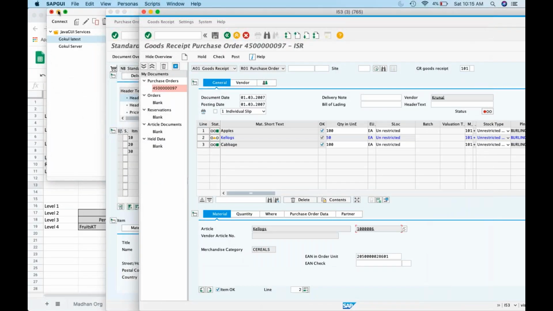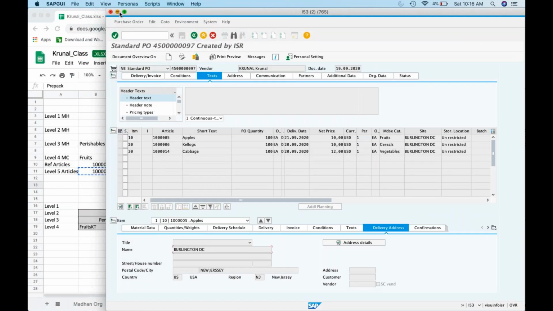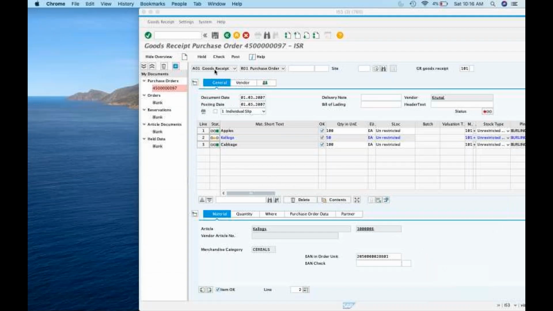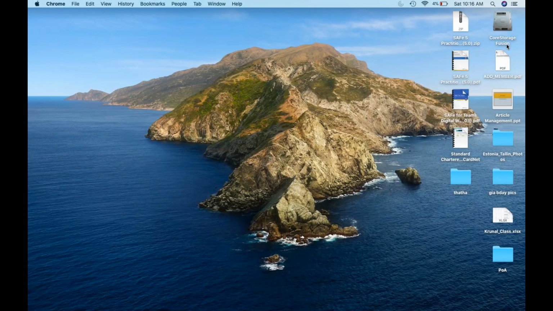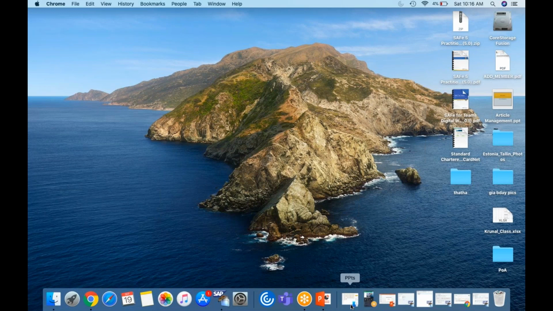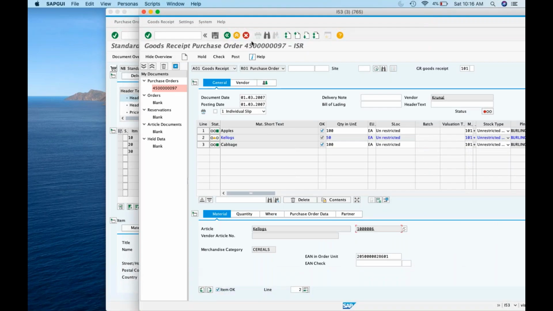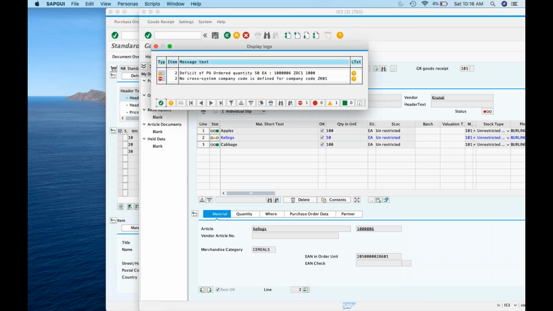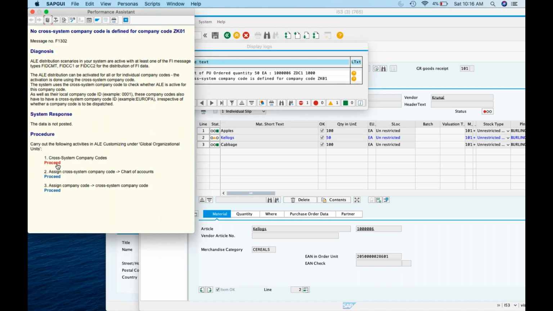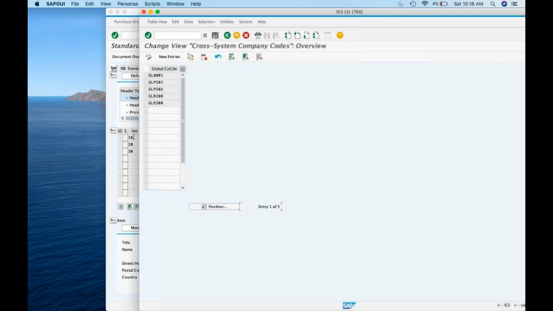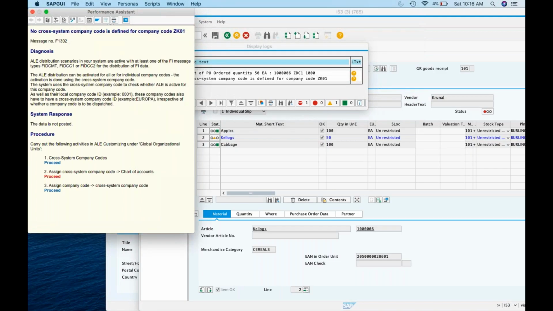There was a pop-up something. All FI issues.